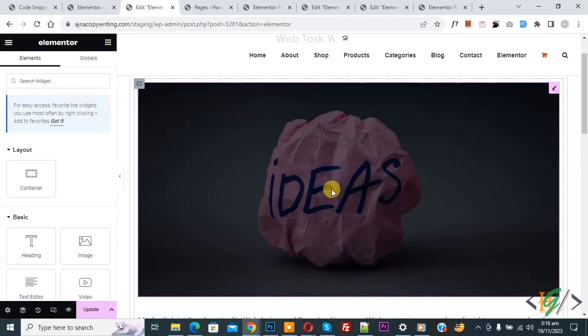Bismillahirrahmanirrahim. Assalamu alaikum. My name is Hassan, and today we are going to set custom width for elements or widgets